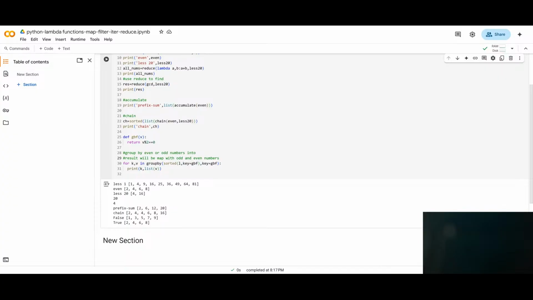So we run map, filter, reduce. Reduce is less than 20, right? So it's a global command, it's reducing to a single value, the entire list. It's different than filter because filter is